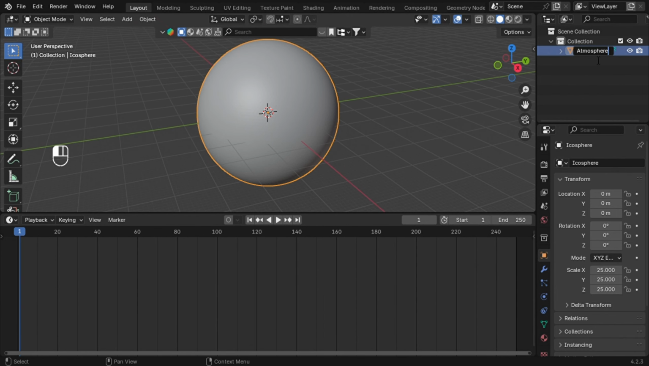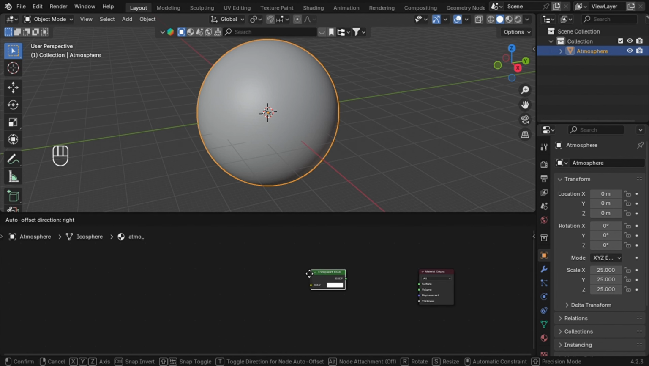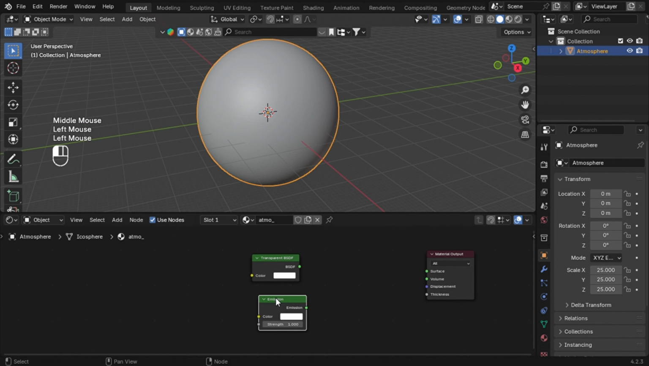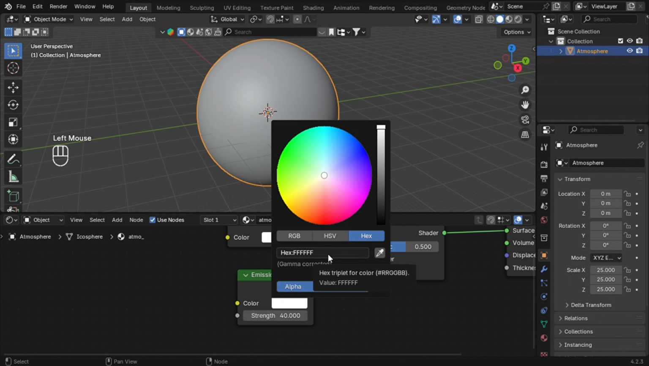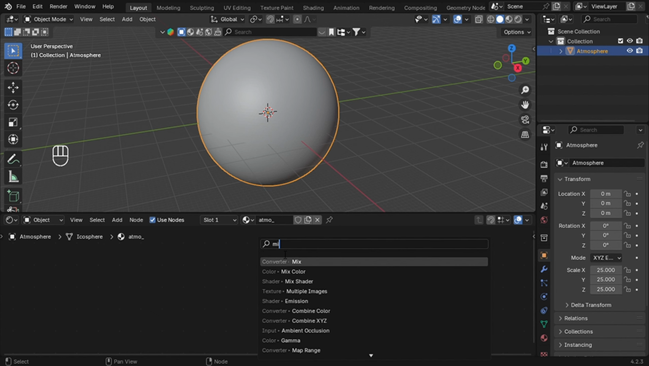Now go to the shader editor and click on the New button to create a new material. Add a transparent BSDF shader and an emission shader. Use a mix shader node to blend them together. Set the emission strength to 40 and change the color to hex value FF9269. To control how the atmosphere glows across the surface, add a Mix RGB node and plug it into the